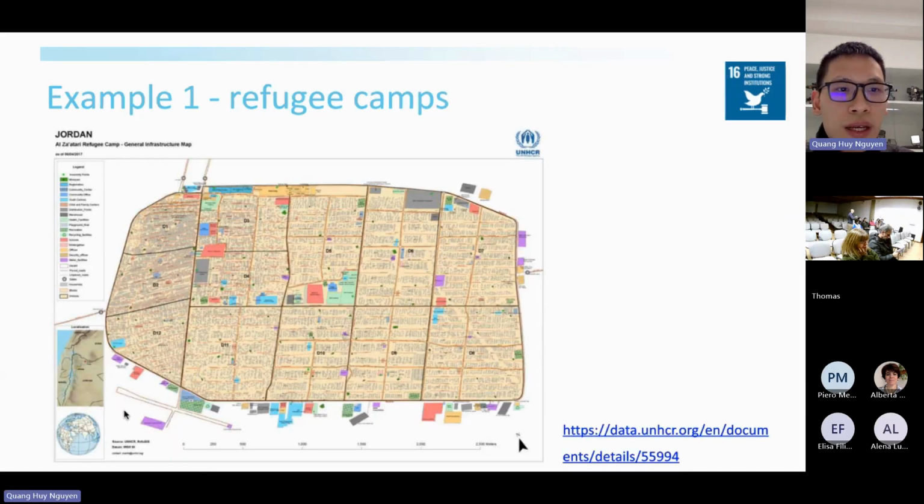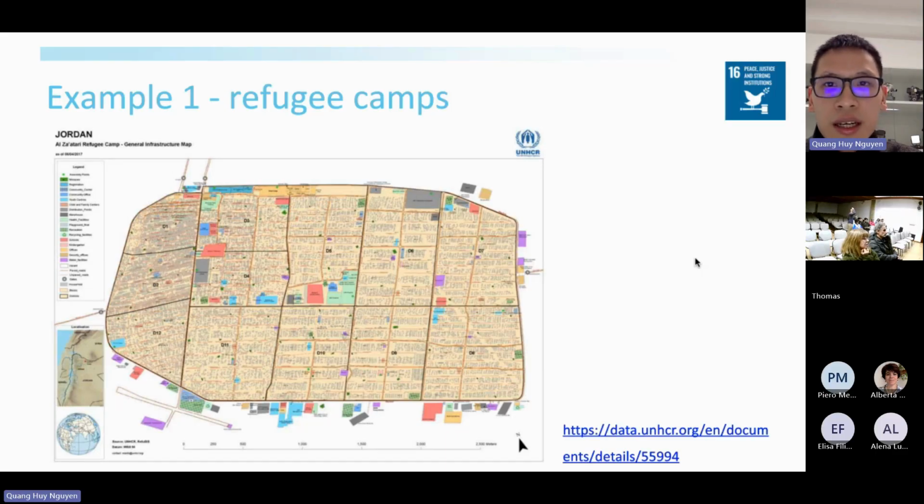Throughout the Syrian war, we can see a lot of refugee camps. One of the biggest Syrian refugee camps is in Jordan. Here is the map of the refugee camp.